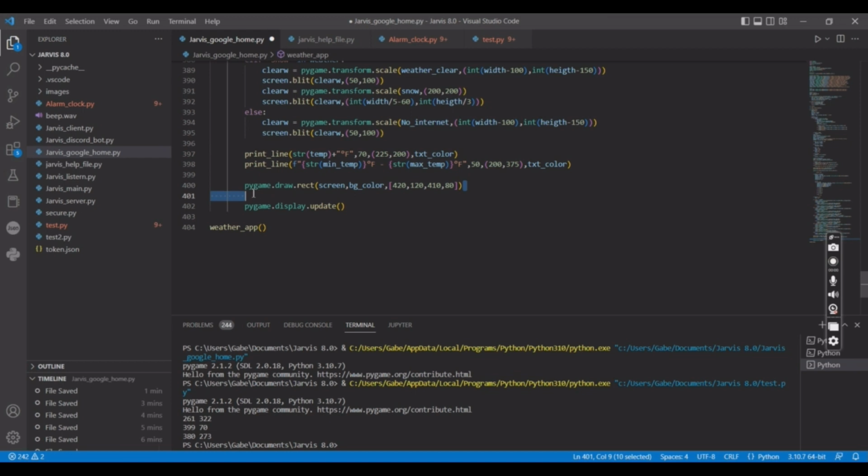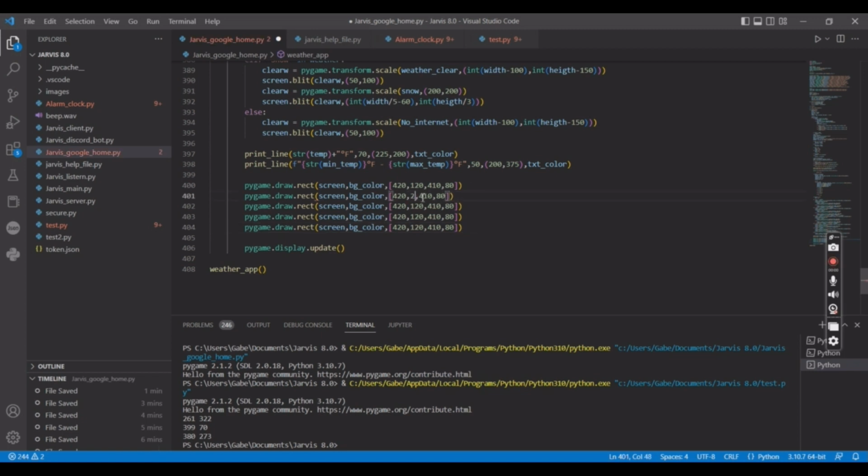And now we're going to copy that 4 more times. So that was 0. So 1, 2, 3, and 4. I know that was a weird way to say that. And we're going to change this value right here, the Y value. So it's going to be 202. Then it's going to be 284. Then 366. And lastly, 448. So if you run that now,